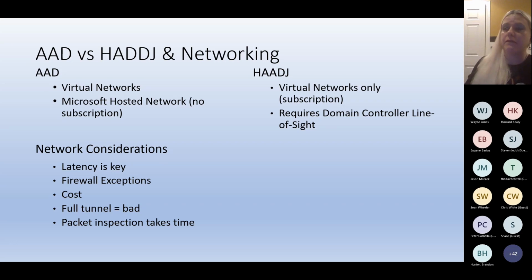And so if you go down the Microsoft hosted network route, don't deploy a full tunnel VPN. That's going to break. Once you've authenticated, the VPN connects, and now the VPN has broken your connections to the service. You have a disconnect and you connect back in. Split tunnel is absolutely where it's at. And again, just be wary of packet inspections. That's really why, when I talk about networking, which is where I spend most of my time, we're getting disconnects. Okay, what VPN? So just good food for thought. Anything else on networking before we move over to images?